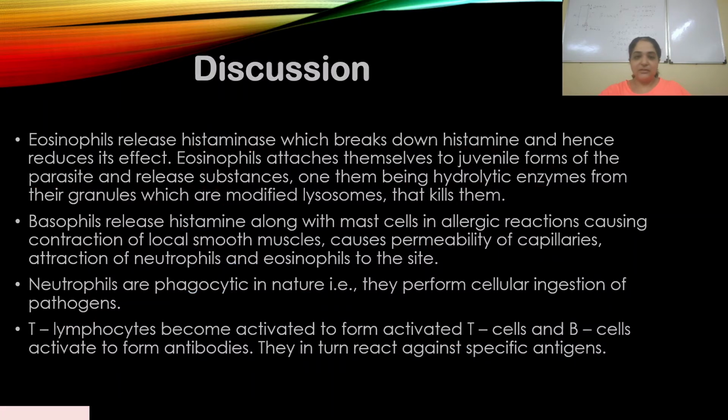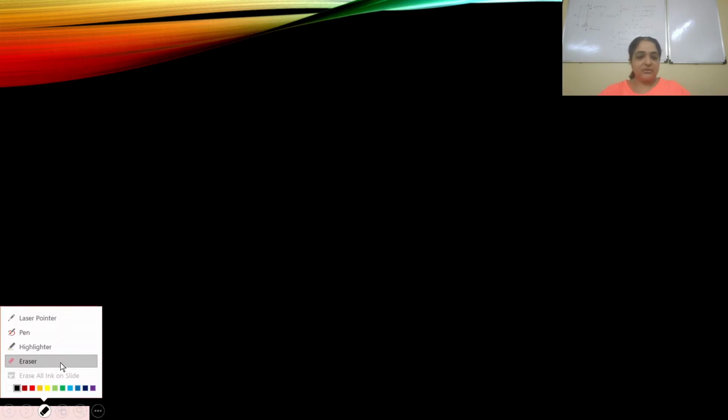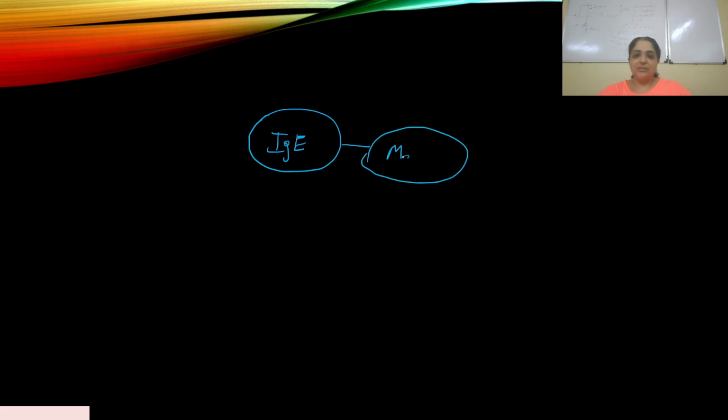Okay, I will explain the allergic reaction to you again so that you know. In an allergic patient, a person who is allergic, they have IgE antibodies, and usually large amounts of IgE antibodies. So what happens is they attach to these mast cells. Also, another cell that is involved is the basophil. I'll write B here, which means basophils. So basophils are also involved in this reaction.